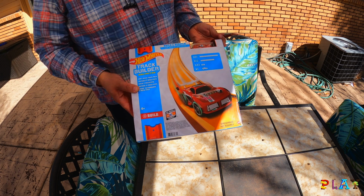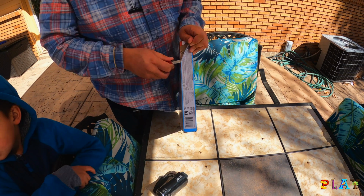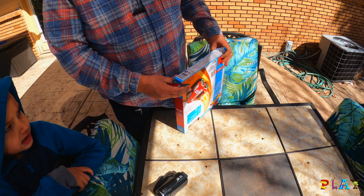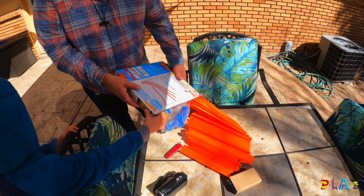The Hot Wheels Track Builder Unlimited. We got this puppy so we can have more track. How much track is this supposed to be? I think I remember you guys talking about being 40 feet. Don't forget the